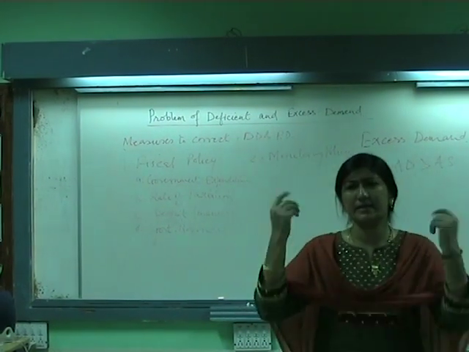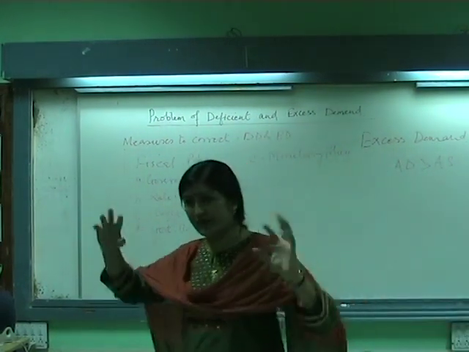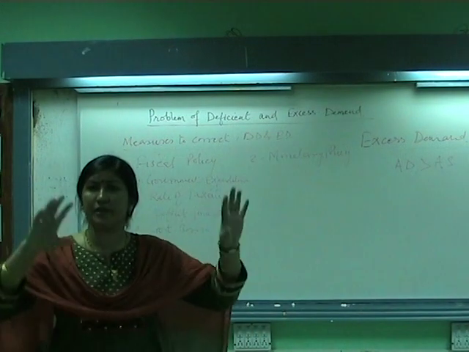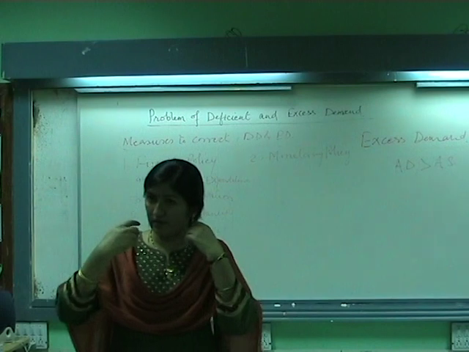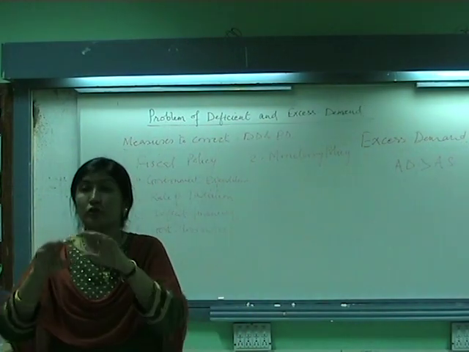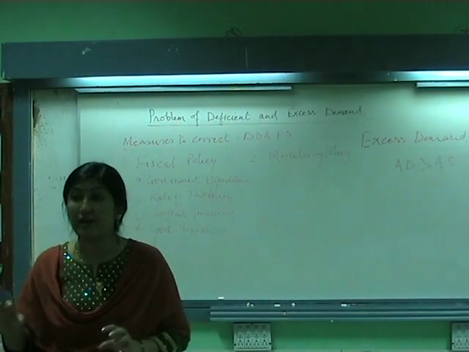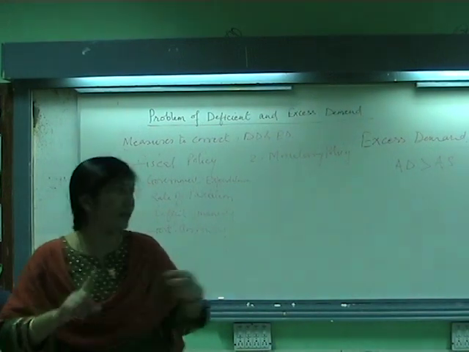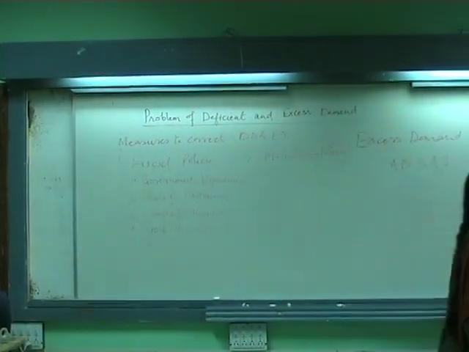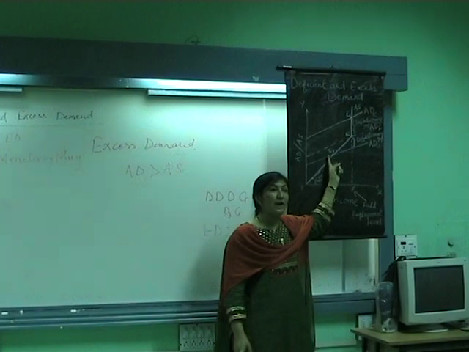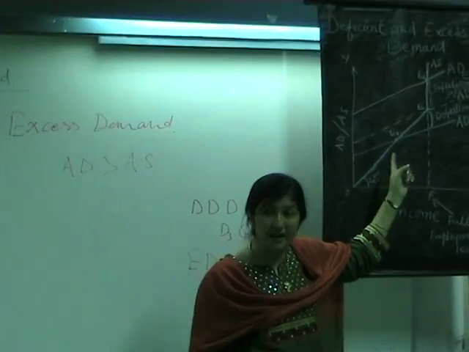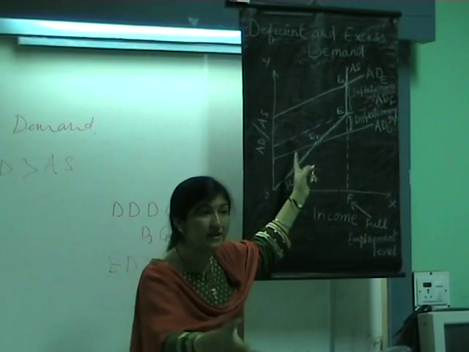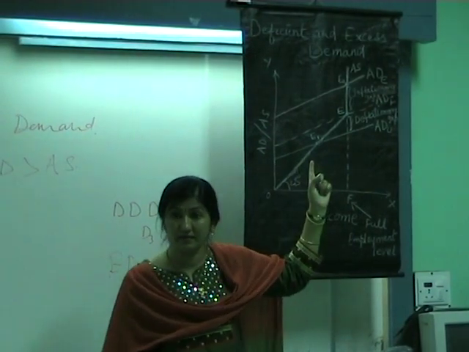Now the government takes up plans and projects. The government takes up a plan to make a road, a bridge, a dam. What will happen? The plan will be passed. That plan will bring lots of money into the economy. Those who were sitting idle, those who were not having any work, we are saying our employment equilibrium has been reached before full employment. People are still sitting idle. Because they are not working, they are not earning, and when they are not earning, they are not spending. That's why there is low income in the economy.